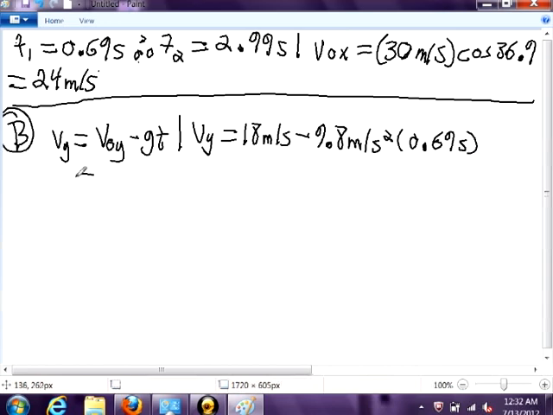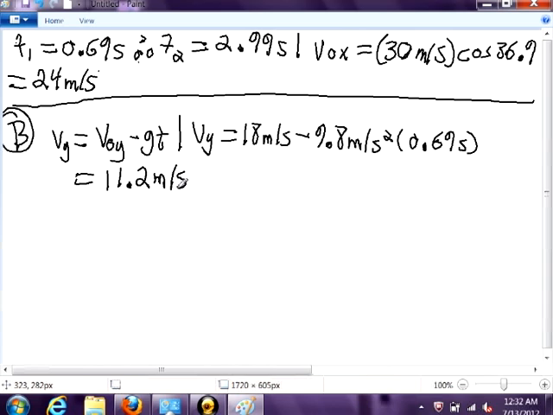Okay, so that is equal to, let's see, 9.8 times 0.69. Okay, so 6.76 minus 18, so about 11.2, let's see. Okay, so it was about 11.2 meters per second